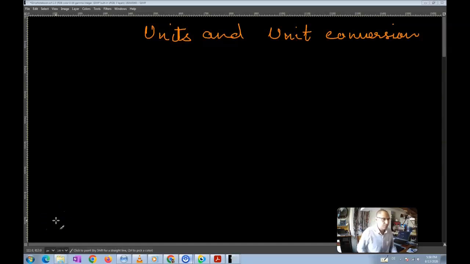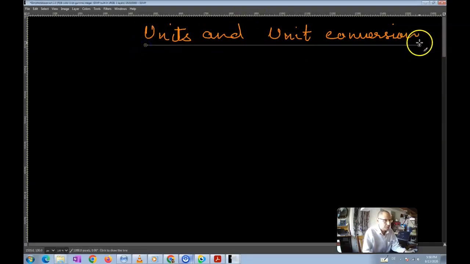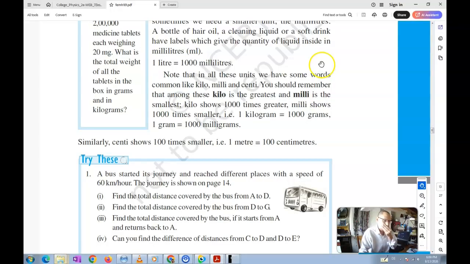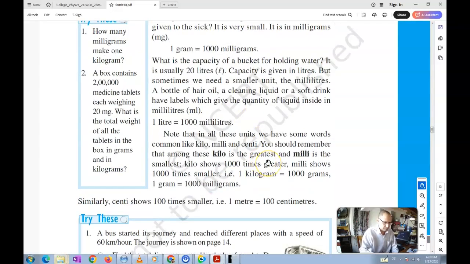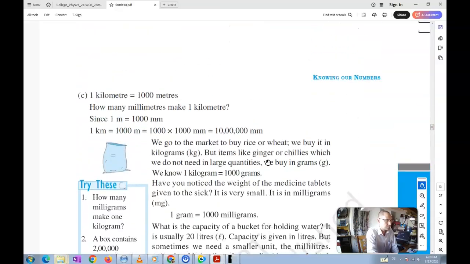Now in this video we will talk about units and unit conversion. And this is basically the same thing that we had in the NCERT book. Let me show you an example here. So we had a section in the NCERT book. As you can see, we had